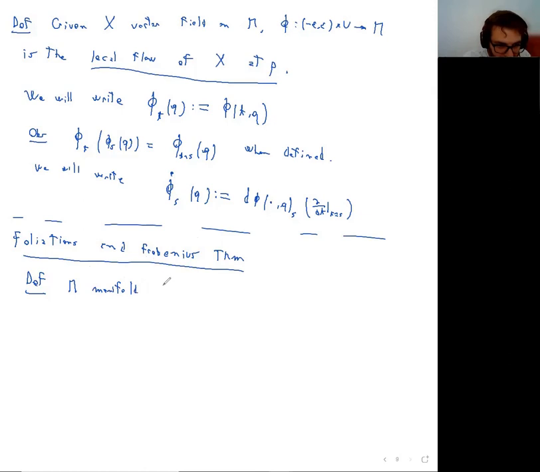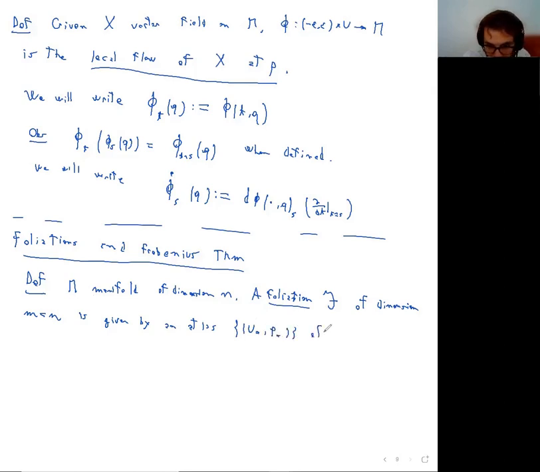Okay, we start with a manifold of dimension n. A foliation, which we usually denote by cursive F, of dimension m, which must be strictly smaller than n, is given by an atlas (U_alpha, phi_alpha) of M, such that